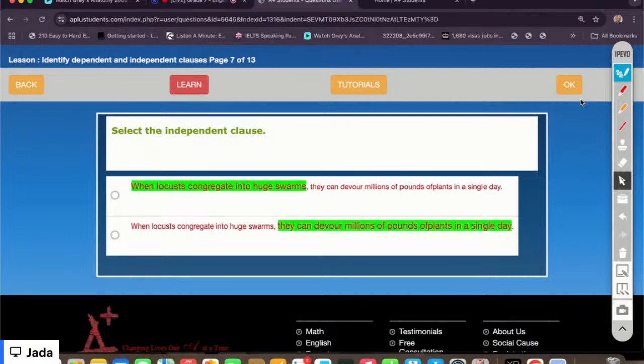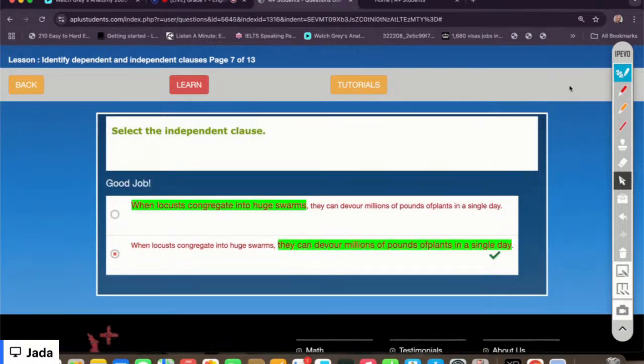So the first, when, is a relative pronoun, so it cannot be the right one. It has to be the second, because the second says they can devour millions of pounds of plants in a single day. Okay,